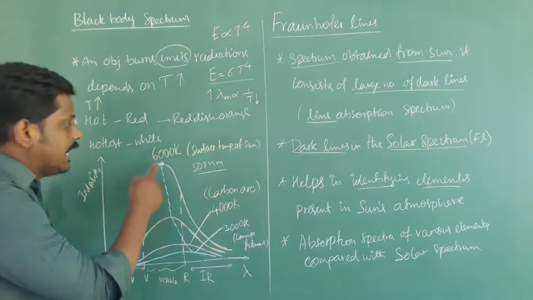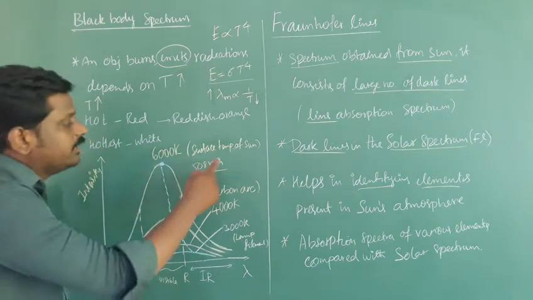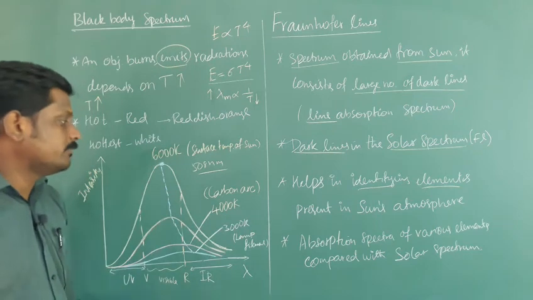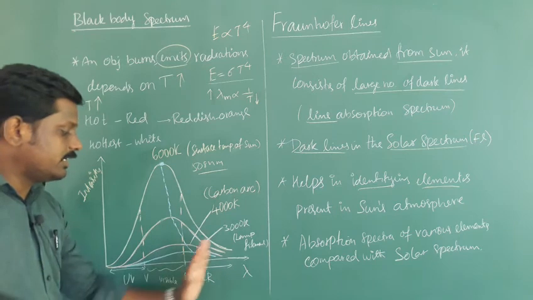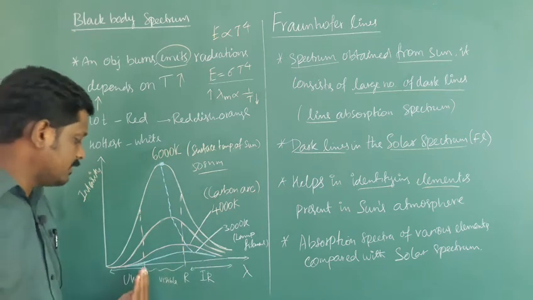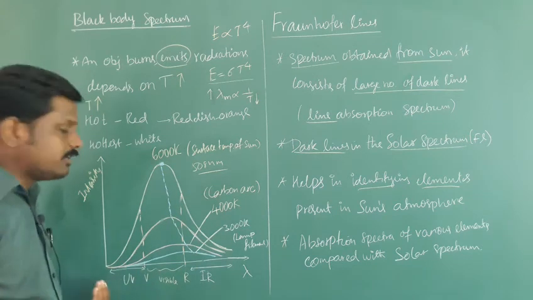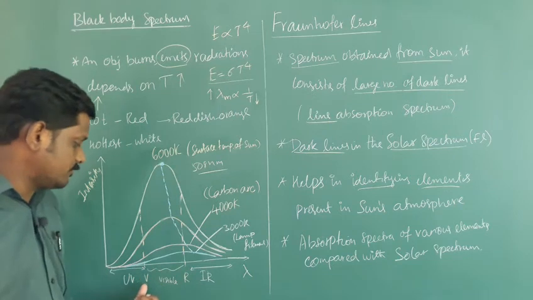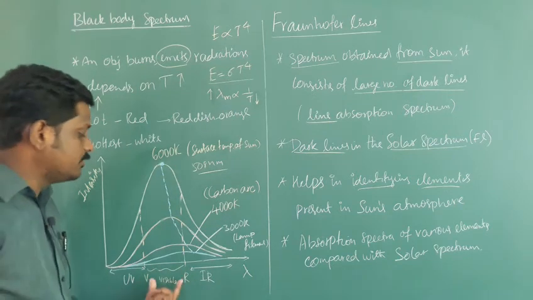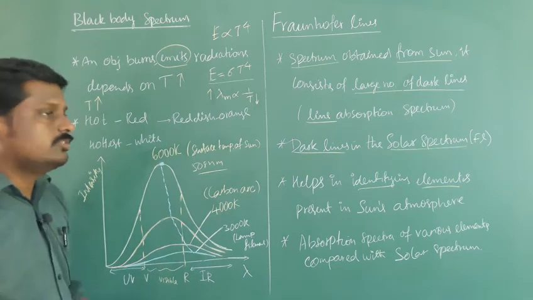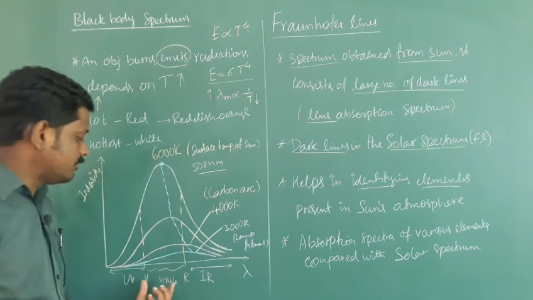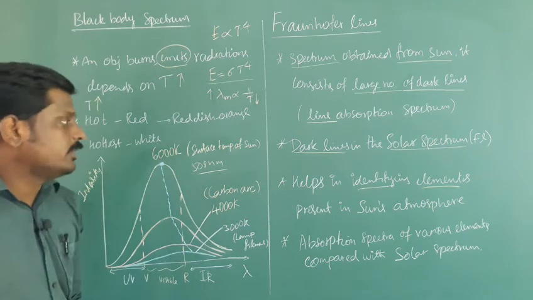At 6000 Kelvin, that is 508 nanometer, that is the maximum wavelength. It's in the visible range. After red is infrared radiation, and before violet is ultraviolet radiation. The violet to red, that is VIBGYOR, is the visible range. We evolved from the sun, so we see only that visible range, violet to red, because